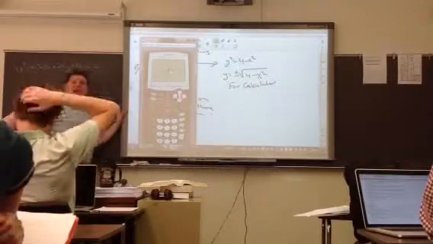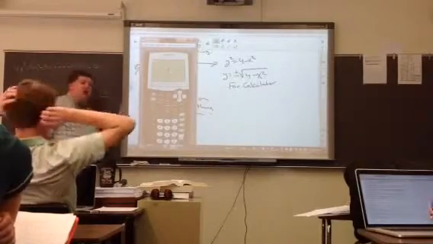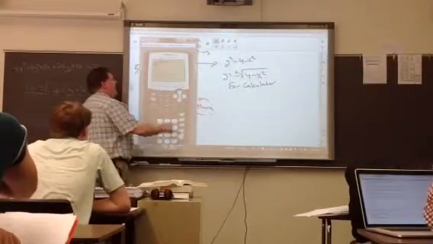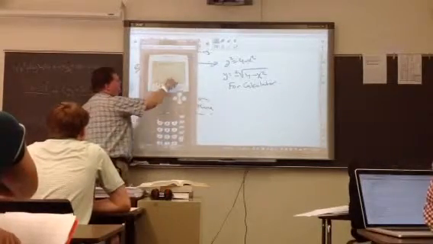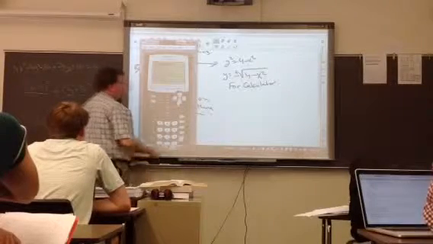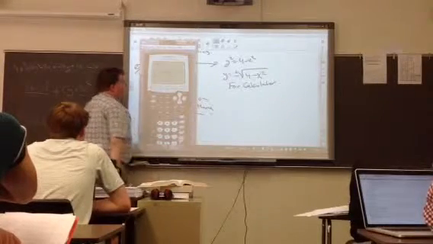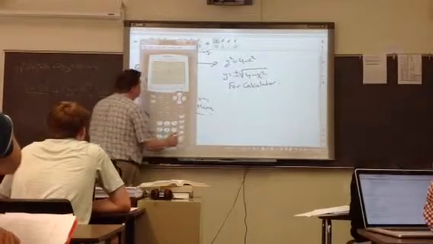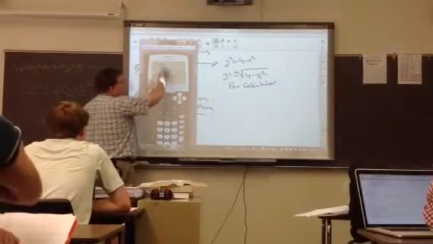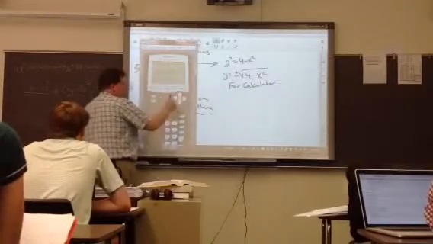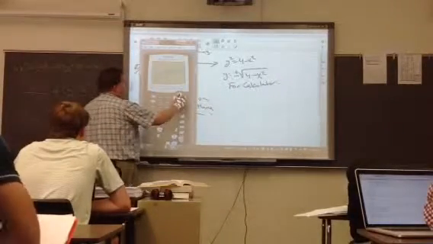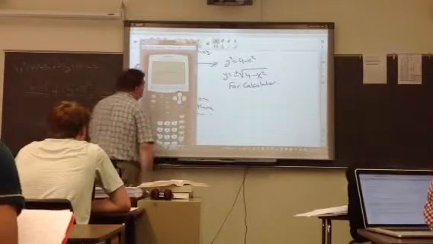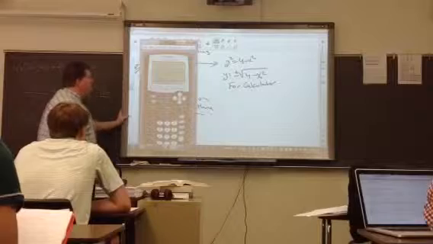Now, I'm going to ask the calculator to tell me what those two locations are. I do that by going to the second calc menu, and my fifth option says intersect. That will allow me to find where the two lines cross each other. Hit enter. It'll ask you for your first curve, first line, we're on it, so we'll hit enter. Second curve, this will be the upper part, this will be the positive version. I'll choose it, and I'll say guess, help it figure out the answer by highlighting it right there. It does its magic, and it gave me